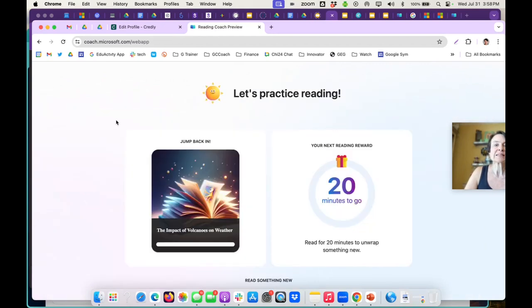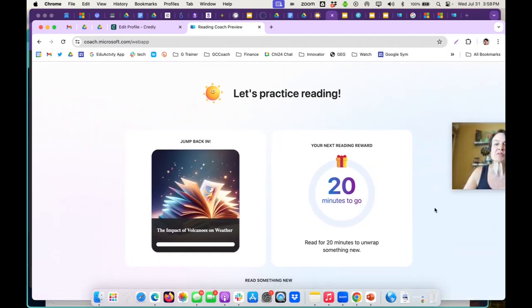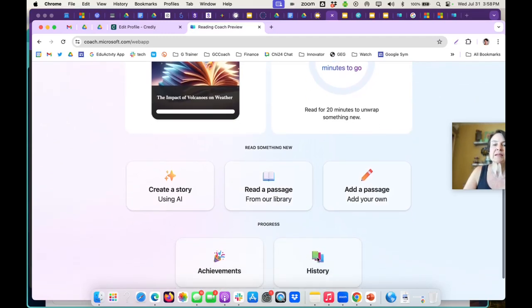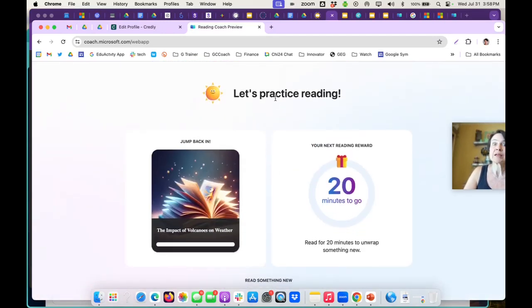So that is an overview of Reading Coach that we now have access to. Students can also do this reading at home. Parents need a Microsoft account, or students could probably log in at home as well. So Reading Coach